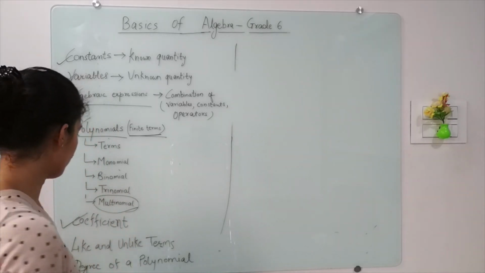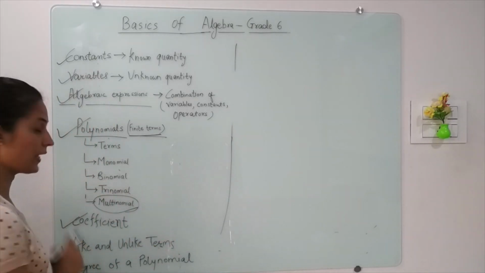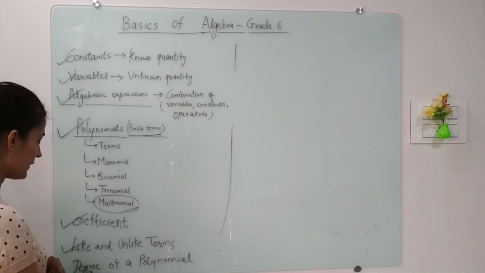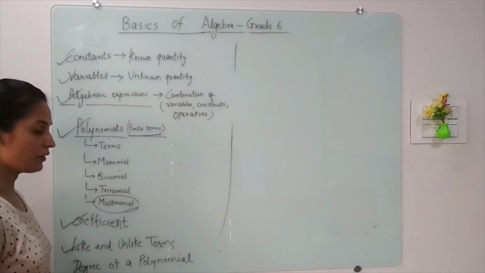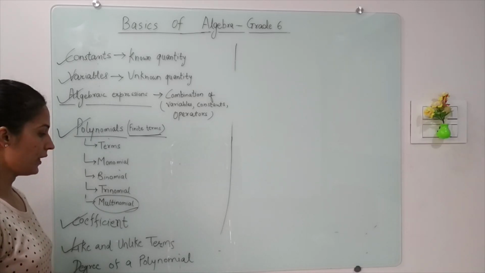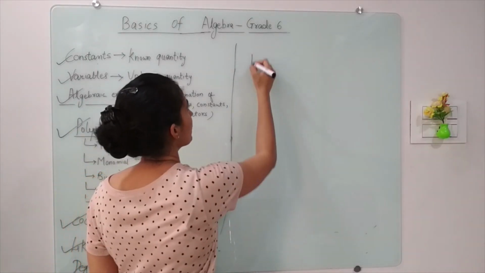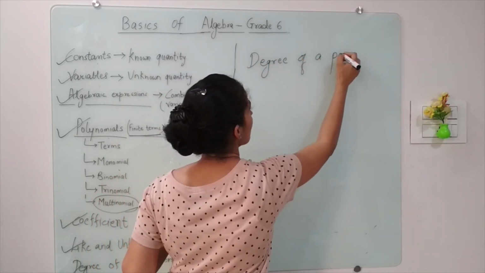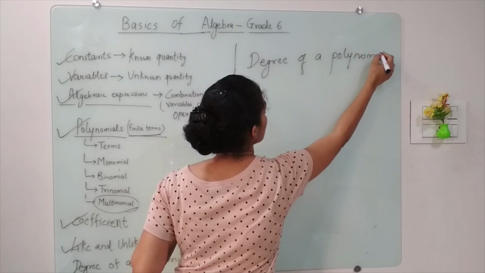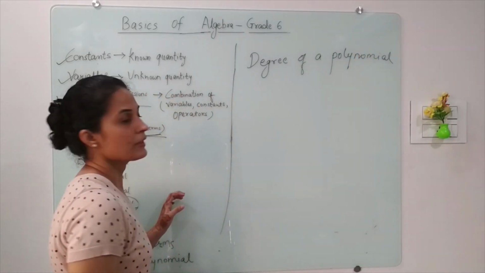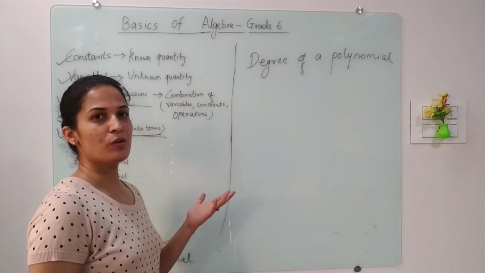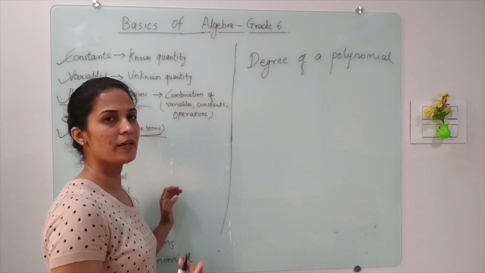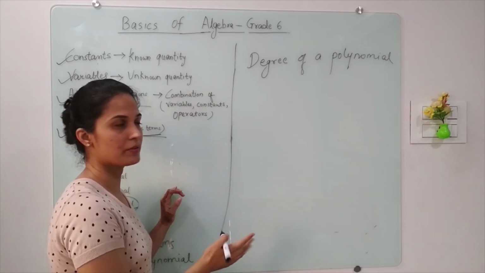So friends, we have also understood what like and unlike terms are. Now for today, the last term that I'm going to cover is the degree of a polynomial. This is one more term that we are going to understand today. Now what is the degree of a polynomial? Degree, as we all know, normally the exponents we call the degree. Now let's take one example. We'll try to understand this directly with some examples.